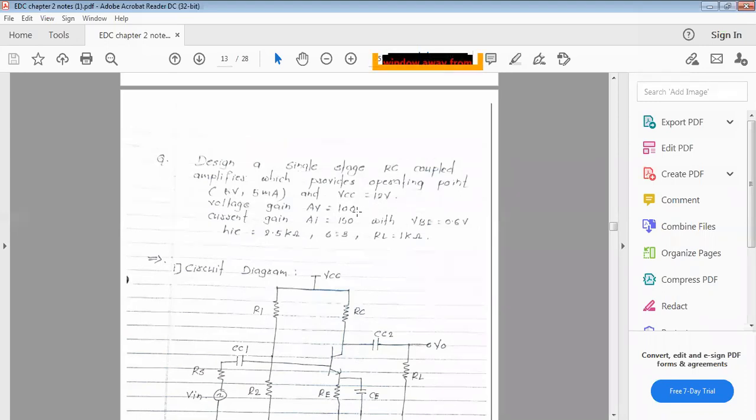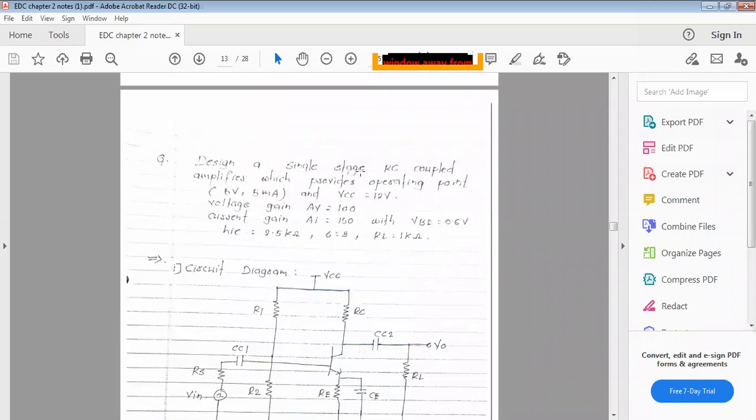Voltage gain they have given as 100. And current gain they have given as 150. Alpha, beta, gamma is nothing but the current gain. So we need not be confused here about what is 100 and what is 150. So 150 is the current gain in a transistor. Whatever the gain is, alpha, beta, gamma, is a current gain. What is meant by alpha? It is common base, that is IC upon IE. What is beta? It is for common emitter, that is IC upon IB. It is a current ratio, it is a current gain.